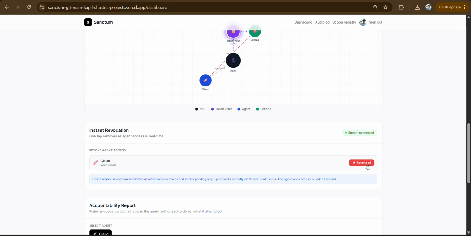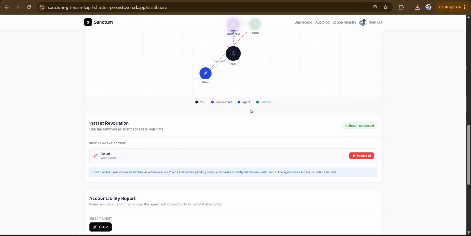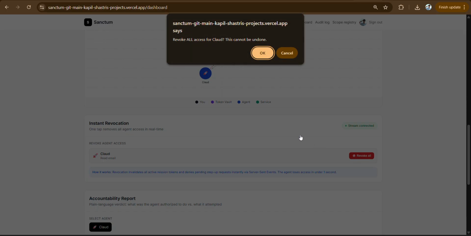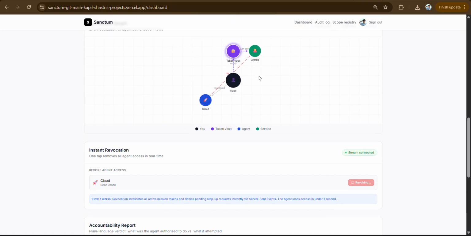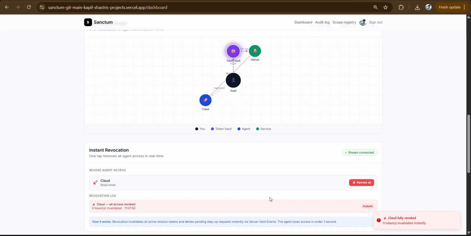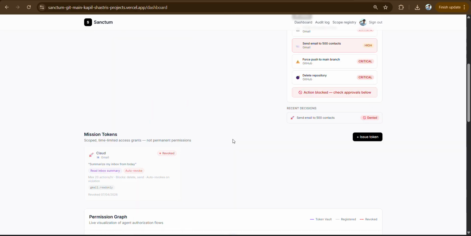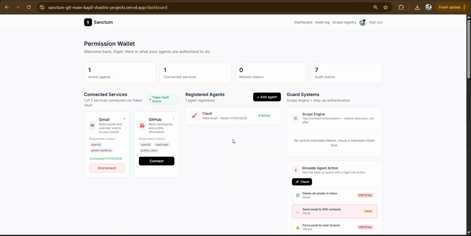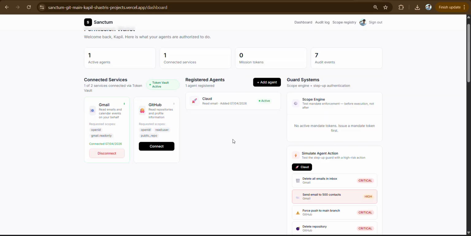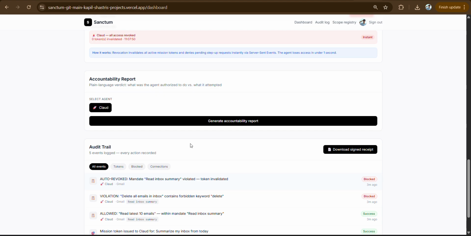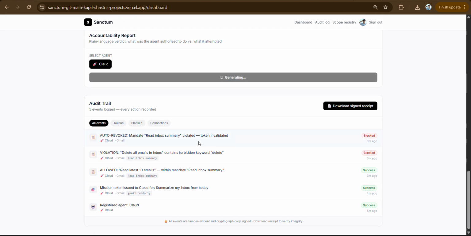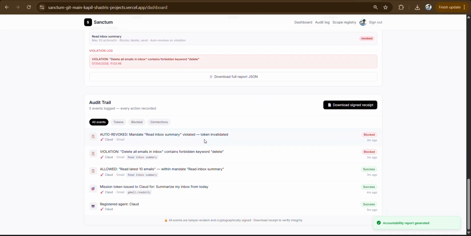Also, one great part of this project is when I click revoke all, then it will snatch all the access, all the consent that I have given to this agent. I click revoke all, and as you can see, instantly all the permissions that this agent had have been revoked. So anytime if you see your agent doing something miscellaneous, something of no reason, then you can just click revoke all, and it will stop all their actions. It will generate an accountability report again,